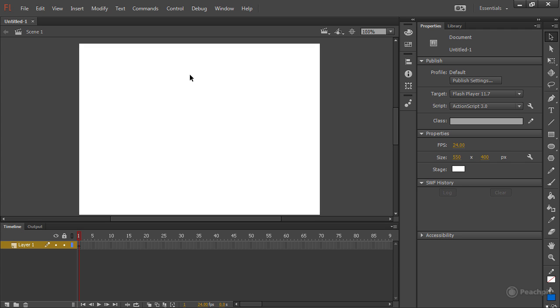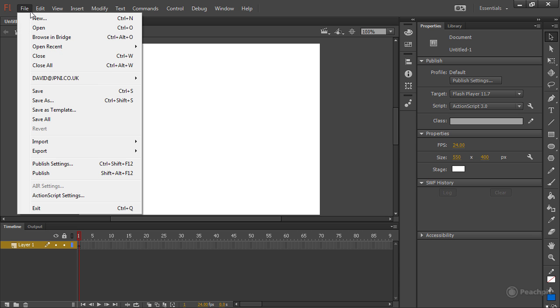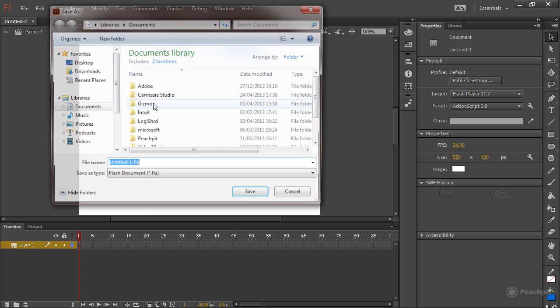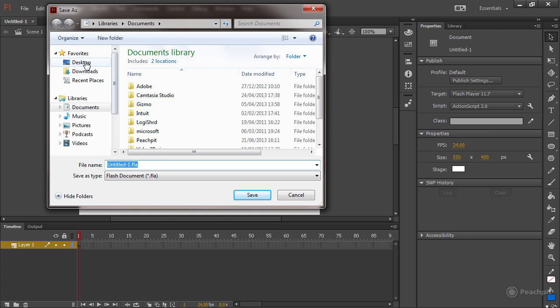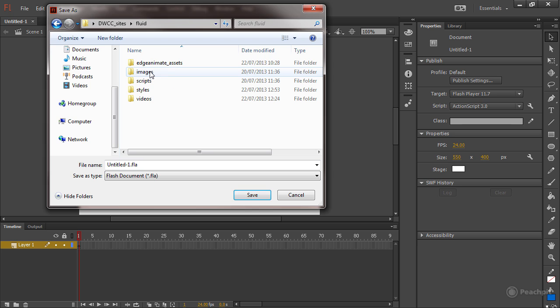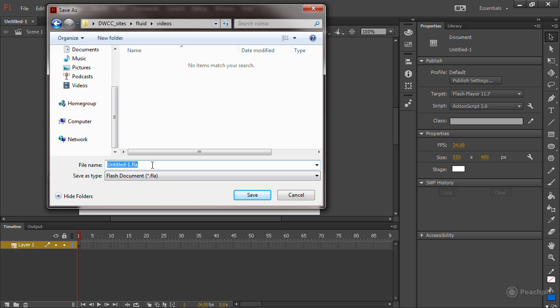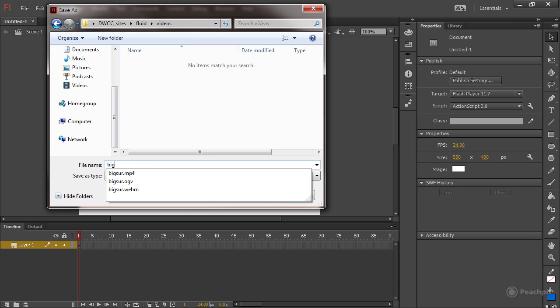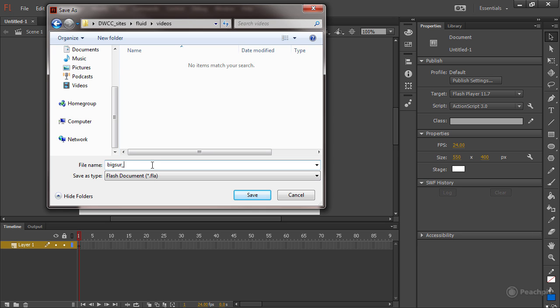The playback movie needs to be created in the same folder as the MP4 file, so we need to save this in the video folder of the site. So go to File, Save. My site's on the desktop, and Fluid and Videos, and I'm going to call it bigsur_loader,